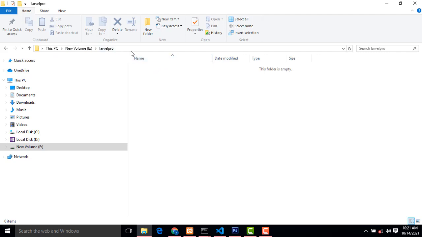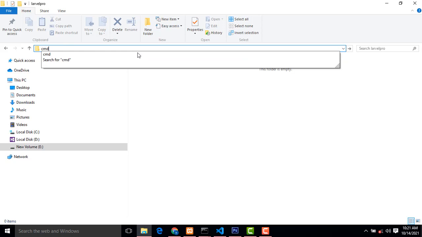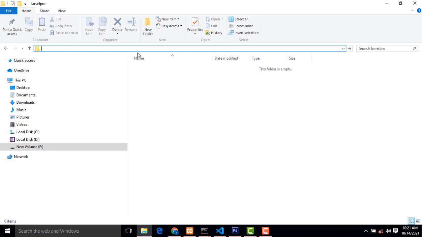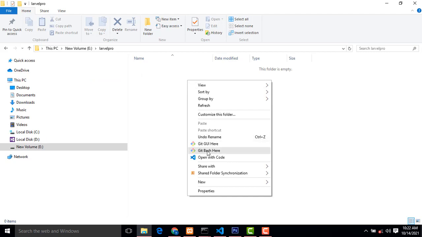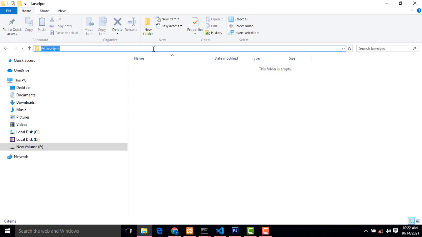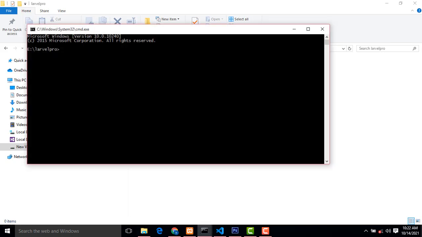It is simple. After that, you have to type cmd in the address bar. Otherwise, if you have installed Git Bash, you can right click and open Git Bash. If you have not installed Git Bash, you can simply write cmd here.